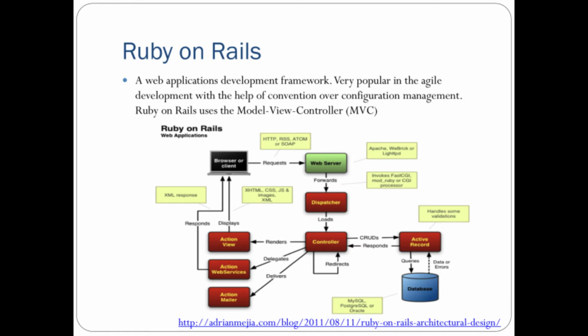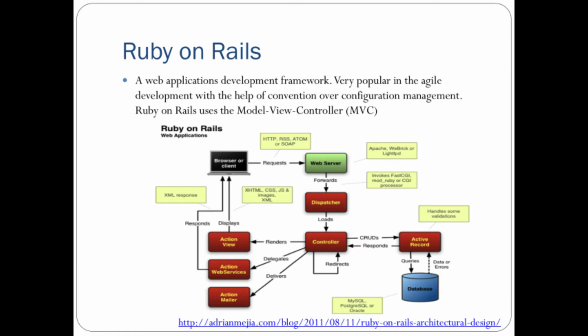If we go further into details, it has different components like action mailer, action package, action controller, action dispatcher, action view, action model, active record, active resource, and active support. These basically handle HTTPS and RSS communication or some SOAP request processing between the browser of the client and the web server. The request comes from the client, and the web server replies with the help of HTTP or SOAP or RSS feed or Atom. Then the request goes forward to the dispatcher.